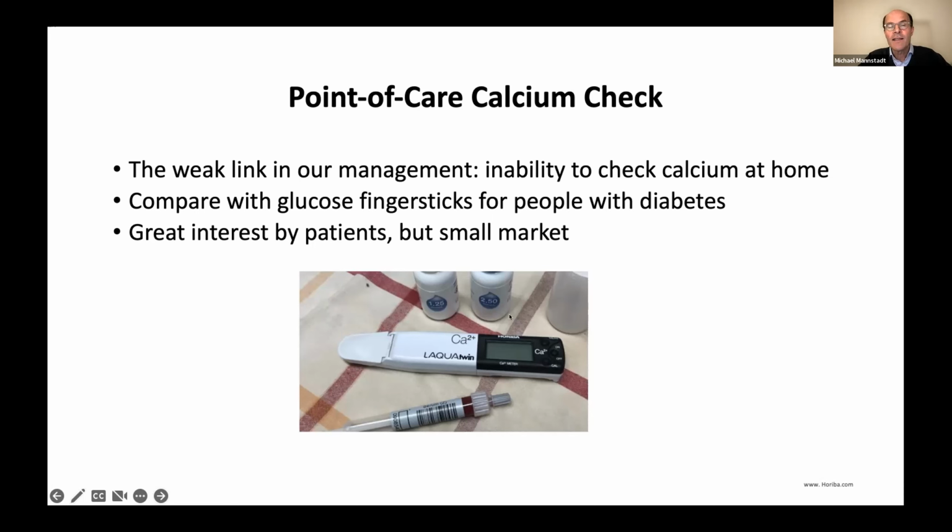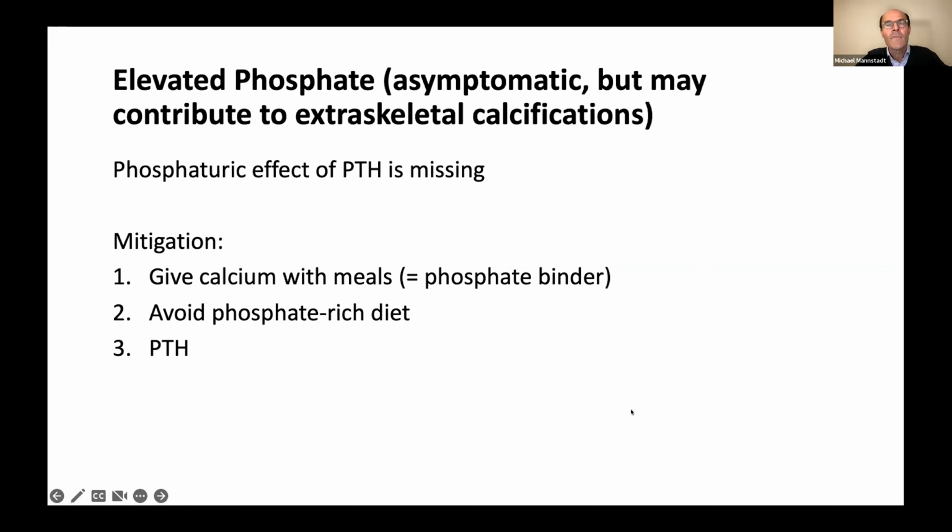Here is an example. This is actually from veterinarian medicine, where they use this in cows, I believe. Looks good, but it has a huge disadvantage. It needs a ton of blood, right? And so this is something where people are working on, and I'm in contact with a group in Virginia, actually, that tries to develop something like this. And I know other companies are interested in it. And as an organization, it's actually nice to tell people about the interest. Yes, we would actually love to have a calcium check that we can do at home.